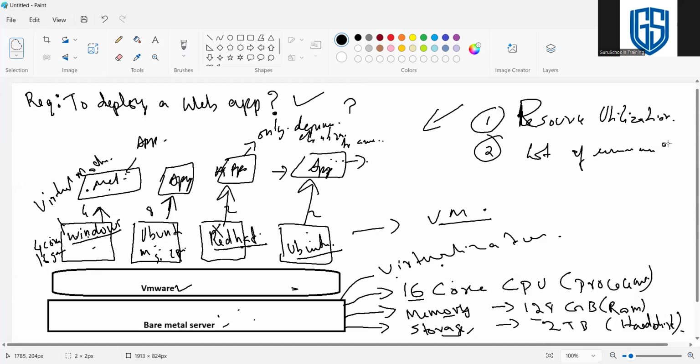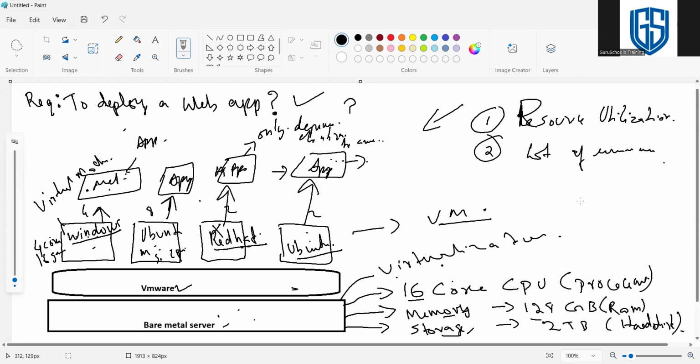For example, for taking a class, I need only Paint and then an AWS account. That's the requirement, right? This is my local machine, in my case. For that, I run a lot of Windows-related services in the background, right? Those services are utilizing my memory, CPU, and everything. You got the point, all of you.